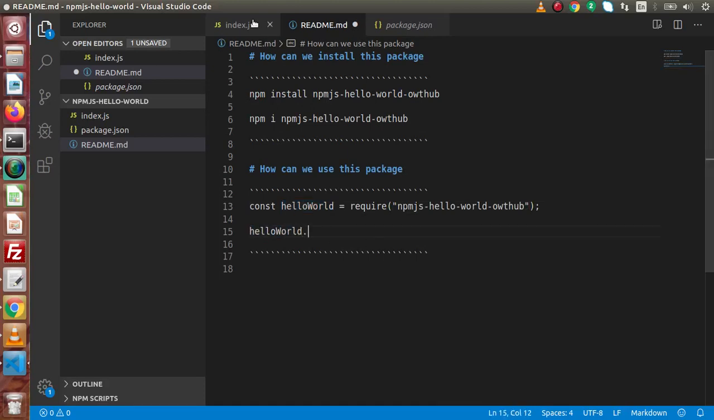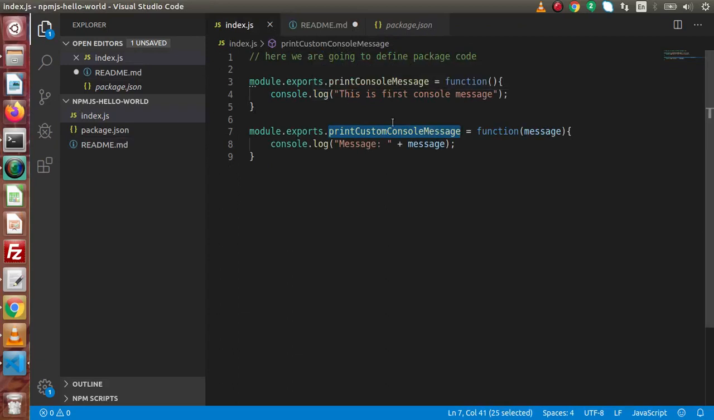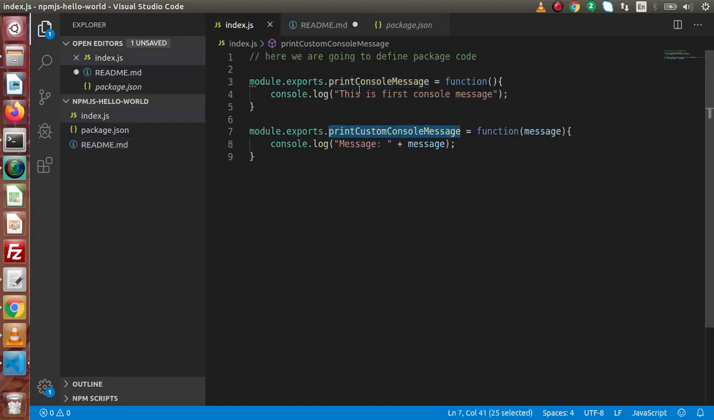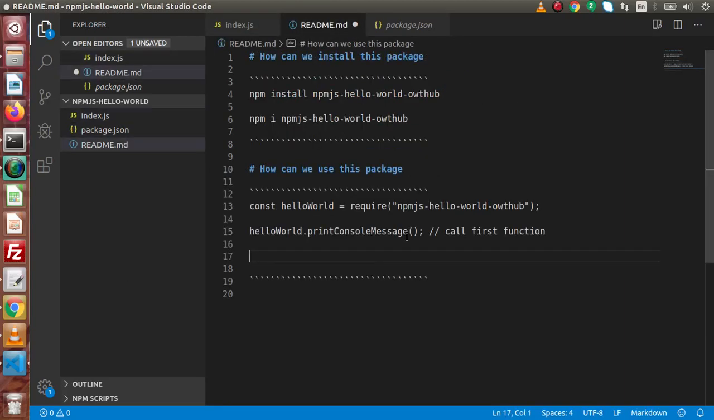And as we know, we had exported two functions, called printConsoleMessage and printCustomConsoleMessage. So simply if I copy this function name, now this is the way to call our first function. So here let's say, call first function. In the second function, here we have called printCustomConsoleMessage, so helloWorld dot,